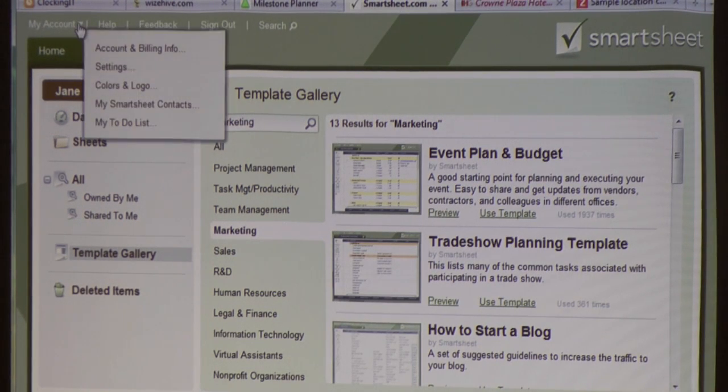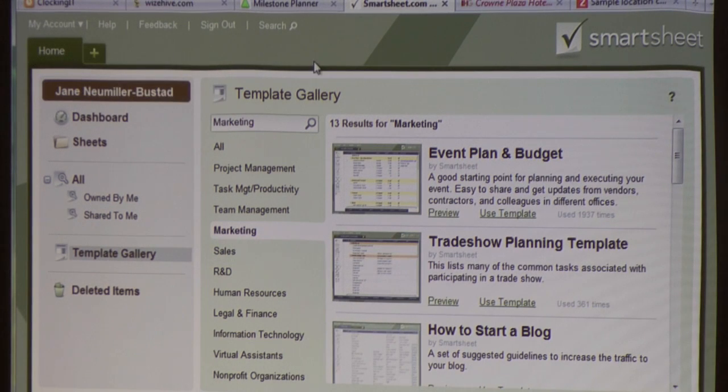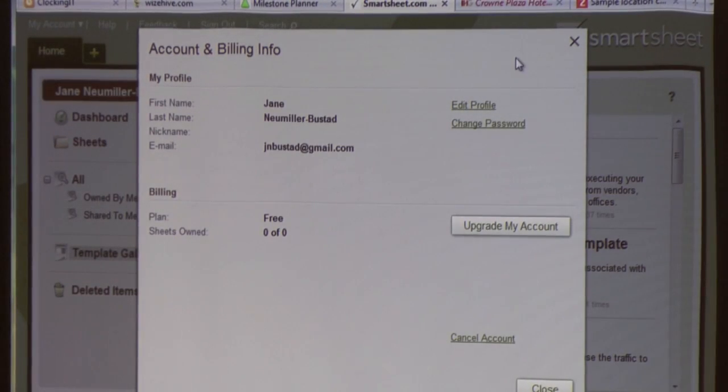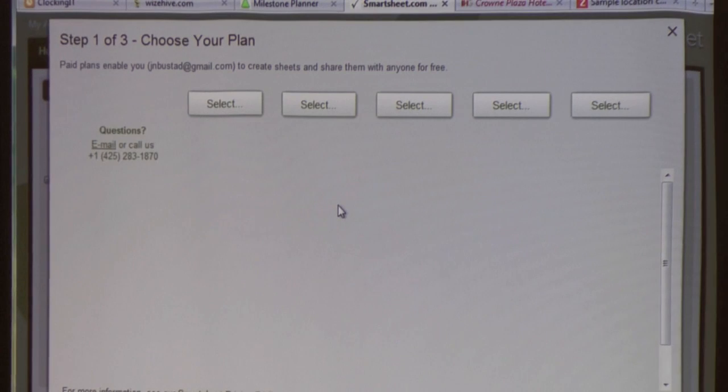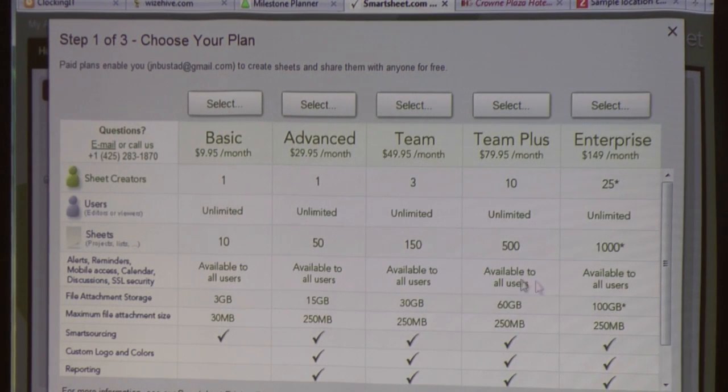I'm just going to see if it told us quickly. Pricing. This is free. There are your pricing options. So enterprise-wide, $150 a month. You could have 25 people creating sheets. You can have an unlimited number of projects, up to 1,000 sheets. Again, you kind of